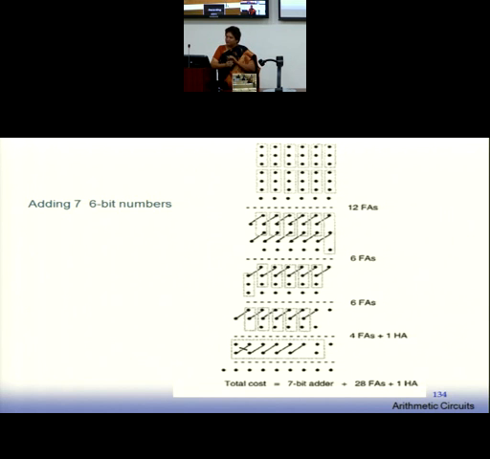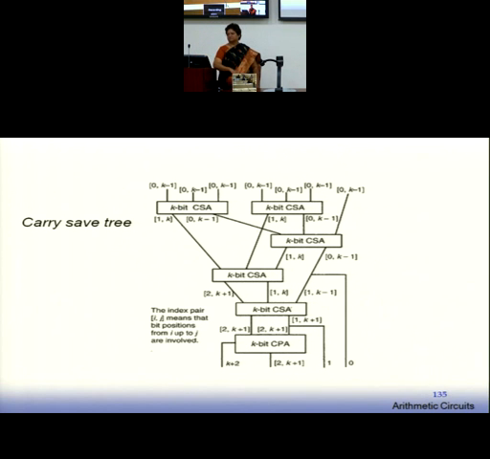Then if I ask you to convert it into a circuit, you have to make it in terms of a block level diagram, where every 3-bit dot notation will be changed by a full adder. It's a full 3:2 compressor. You have to replace every 3 bits addition by a 3:2 compressor, so you have to make a carry save tree.